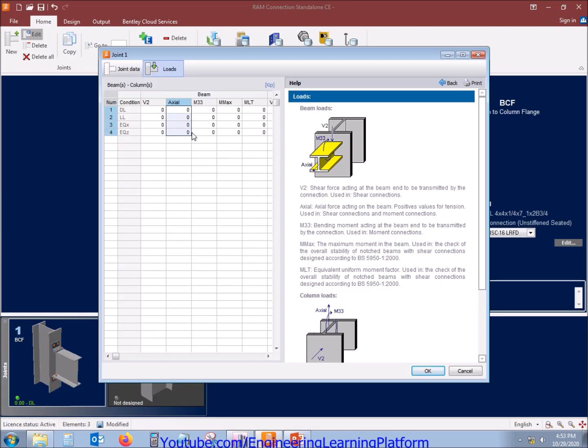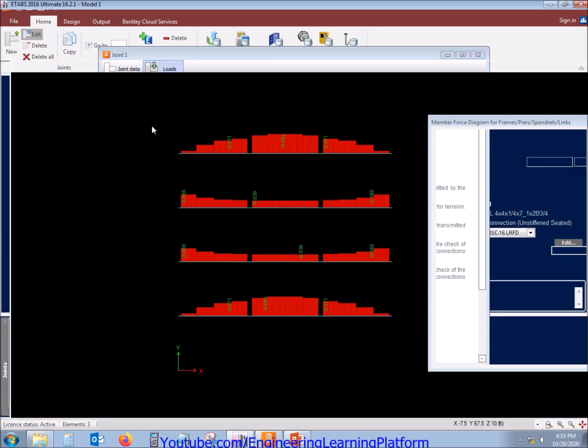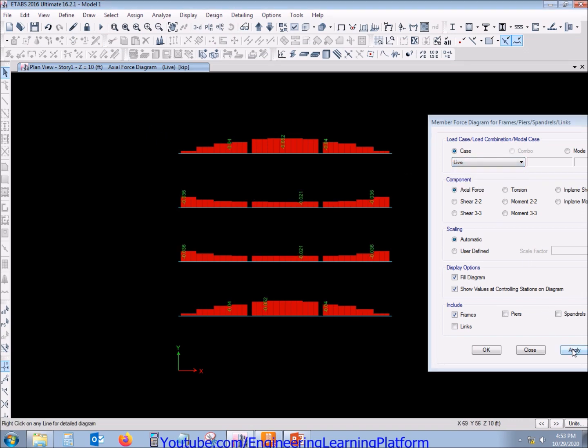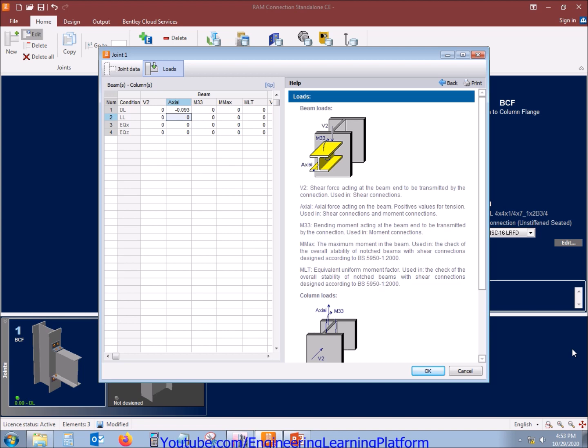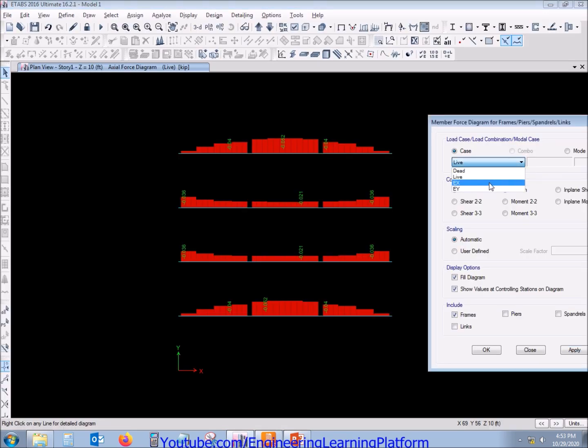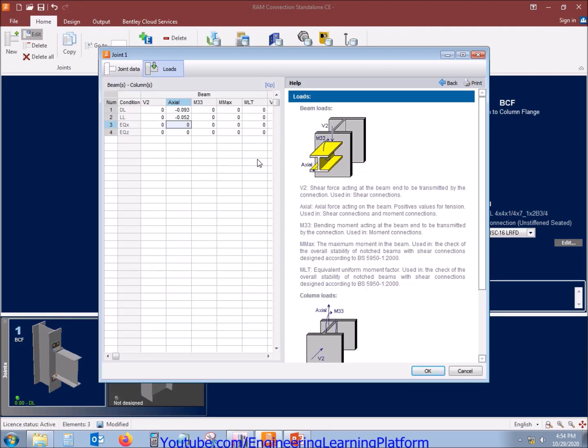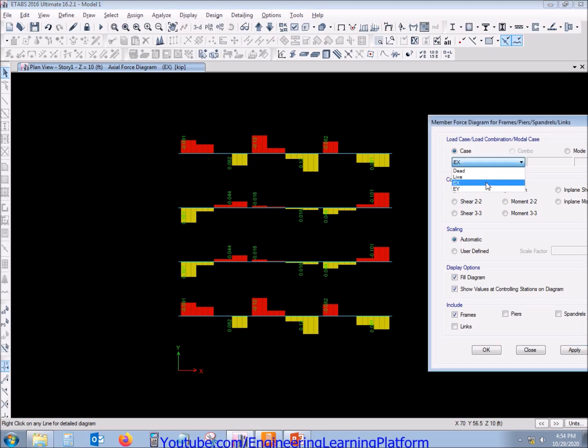I'm selecting the maximum axial force for dead load. Similarly for live load. Similarly for seismic in X direction. Similarly for seismic in Y direction.